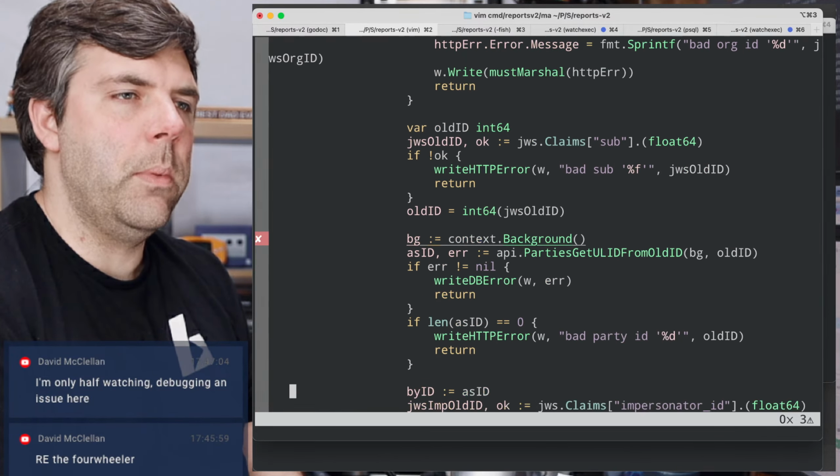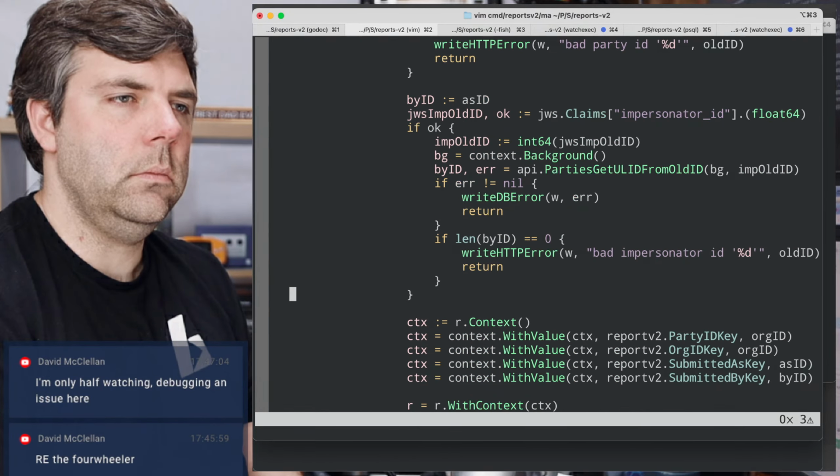All right, let me try this bit by bit. Party ID, org ID, context. Okay, great.